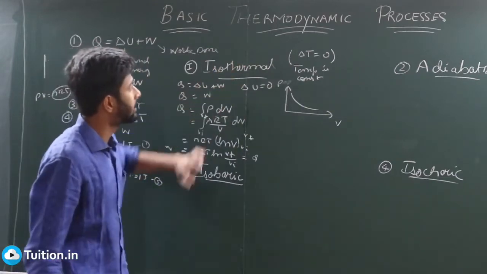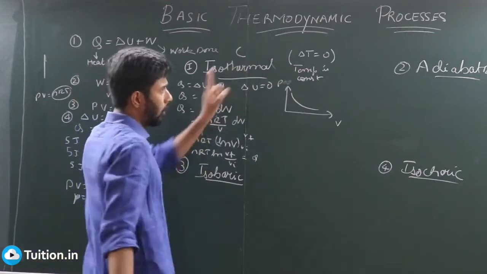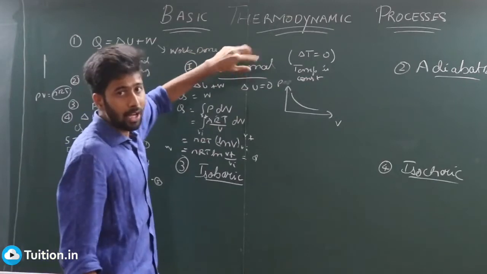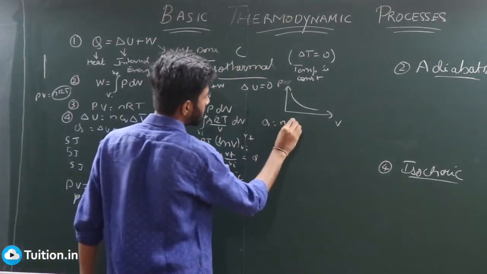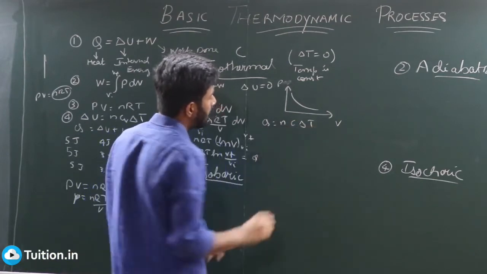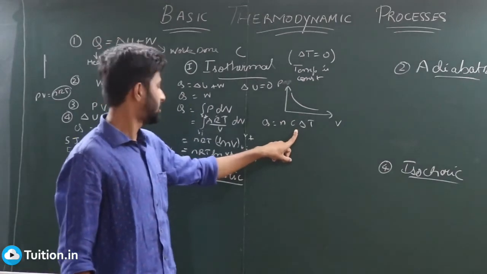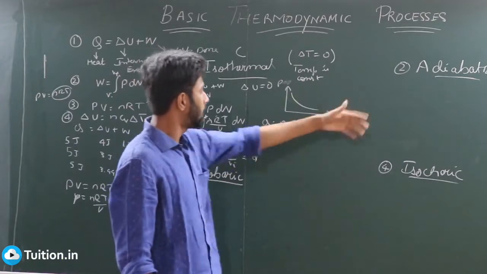What is the heat capacity? Every process has its own heat capacity, C, right? For a constant volume process, we have CV. For isothermal process, what is my C? So you have Q = nCΔT. Depending on the process, if it's constant volume, C will be CV. If it's constant pressure, which we will see for isobaric, C will be CP. Likewise, every process has its own C.